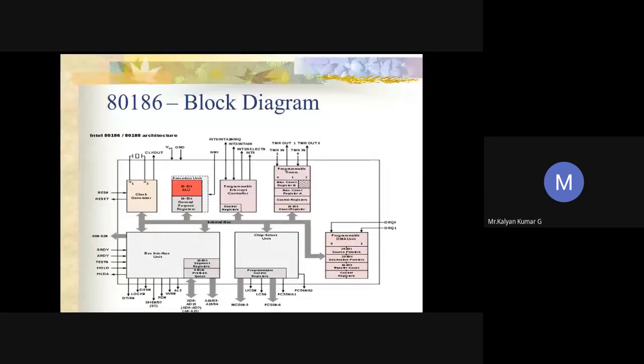Here you can add the clock generator. You can see in the top leftmost corner we have the clock generator, so it is inbuilt, not external as with the 8086. Followed by the programmable interrupt controller, top row, third column. We have a programmable timer, and in the bottommost row, second column, we have the programmable DMA controller. All these are new in the 80186. Okay, fine. So just have an overview, because with this block diagram we are going to proceed further.